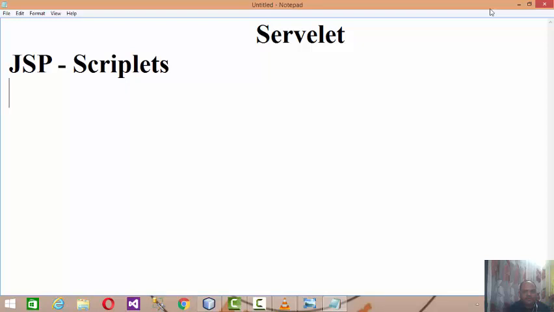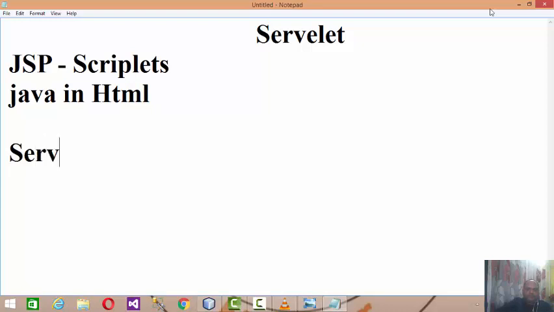In JSP, we are embedding Java in HTML. That is JSP. In case of Servlet, we are embedding HTML in Java. This is what the initial difference is.